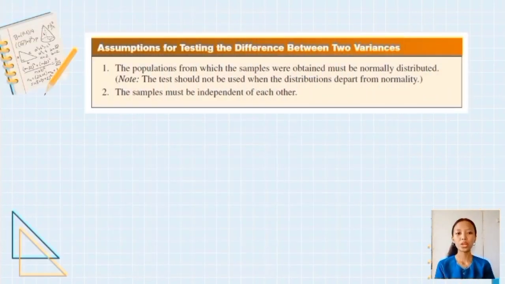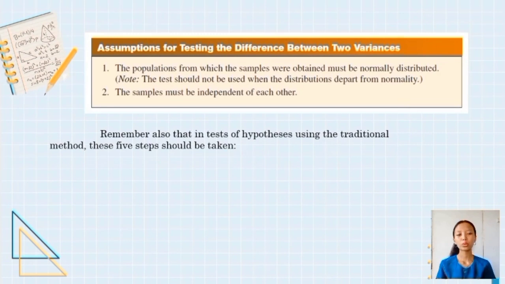Now we have 2 assumptions for testing the difference between two variances. First one is the populations from which the samples were obtained must be normally distributed. Second one is the samples must be independent of each other. So the procedure that we will be using in testing the difference between two variances is the traditional method, which